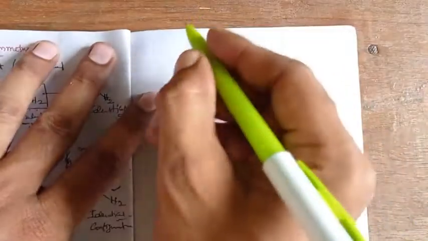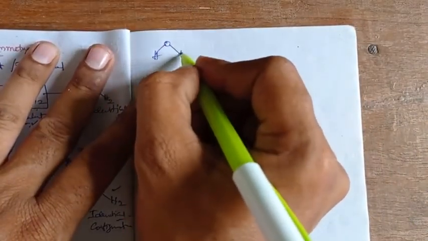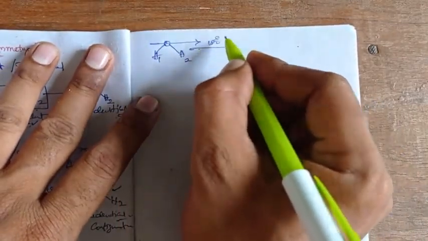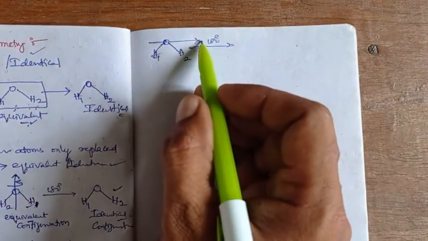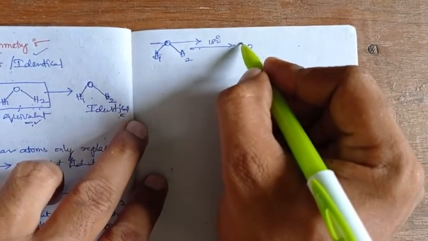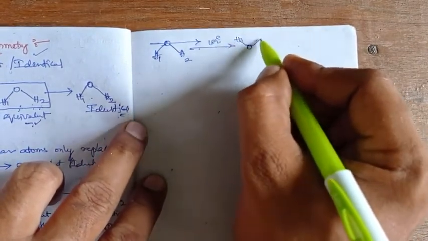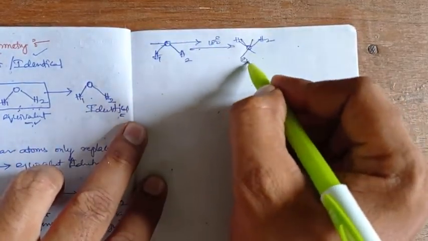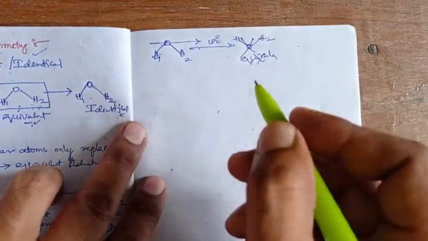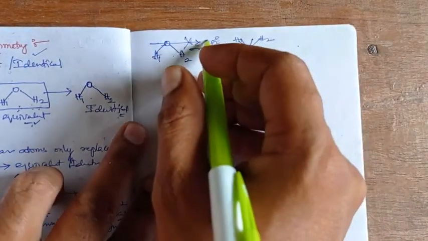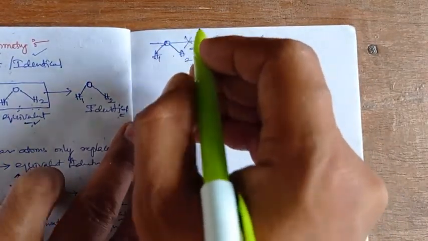If you do it in a different way, with the same water molecule, and you do the same 180 degrees of rotation while taking an axis horizontally, then what happens? The oxygen position may be the same, but the hydrogens go down, or rather the hydrogens move towards the top, and this will not be an equivalent configuration. So one could say that rotation in a water molecule is never possible, right? So this also gives errors.